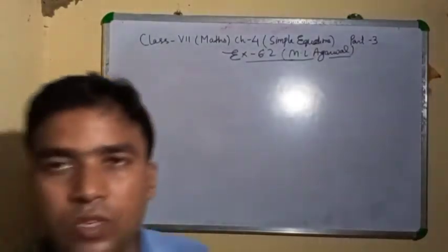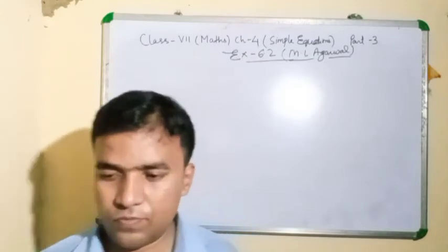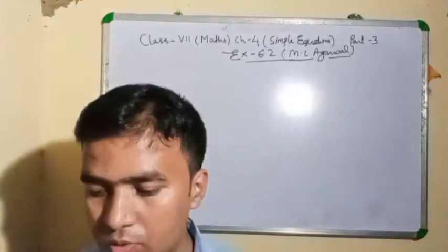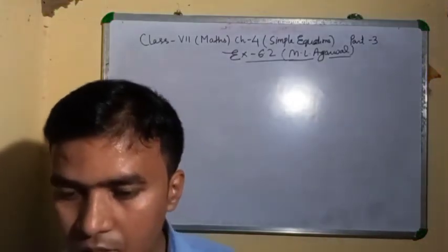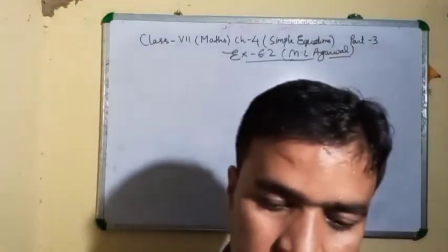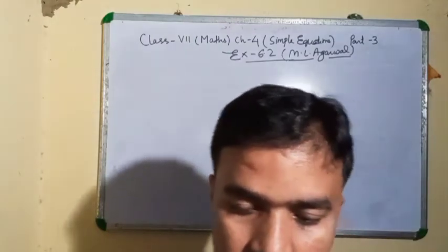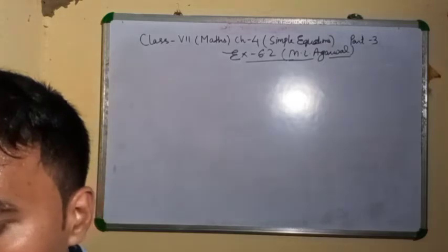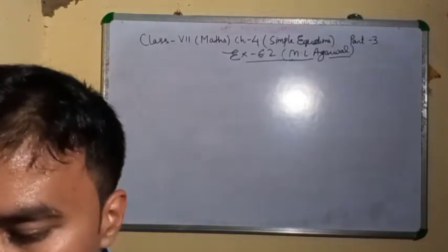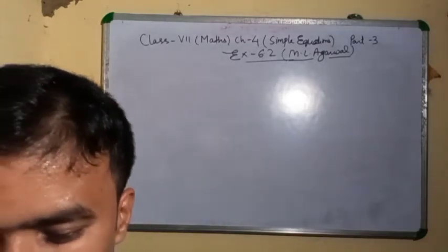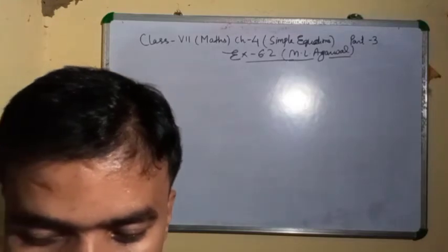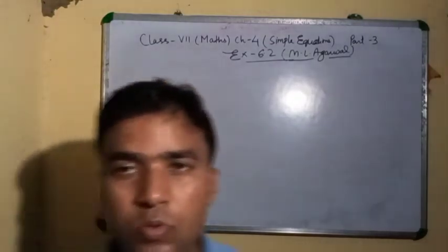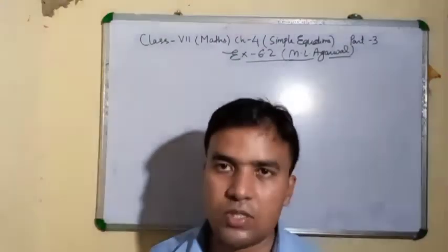Question number 8, 9 you can do. Clear? Question number 10, I will explain. Question number 11 you can do. Clear? Question number 10. Hina has only 2 rupee and 5 rupee coins in the purse. In all she has 80 coins in her purse amounting to 32 rupees. Find the number of 5 rupee coins. Clear? The number of 2 rupee coins and number of 5 rupee coins we don't know.